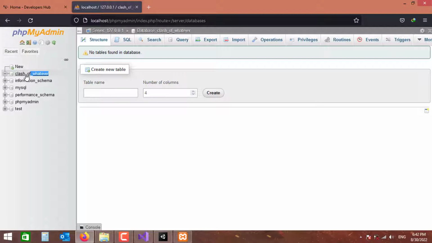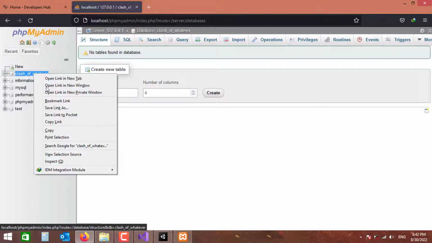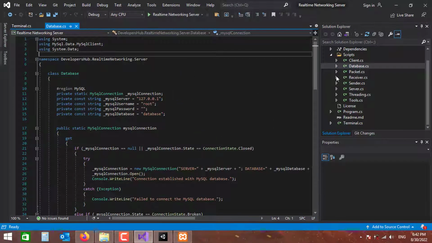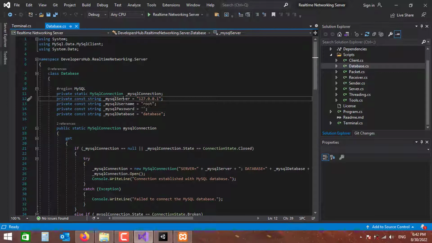I'm just gonna copy the name of this database. And let's go back to the server and open the database script. Here in the MySQL server, I'm just gonna leave that number because I am using the local device, and that is the IP address of the local server. The username is usually root by default, the password is empty by default, and the database name is the name